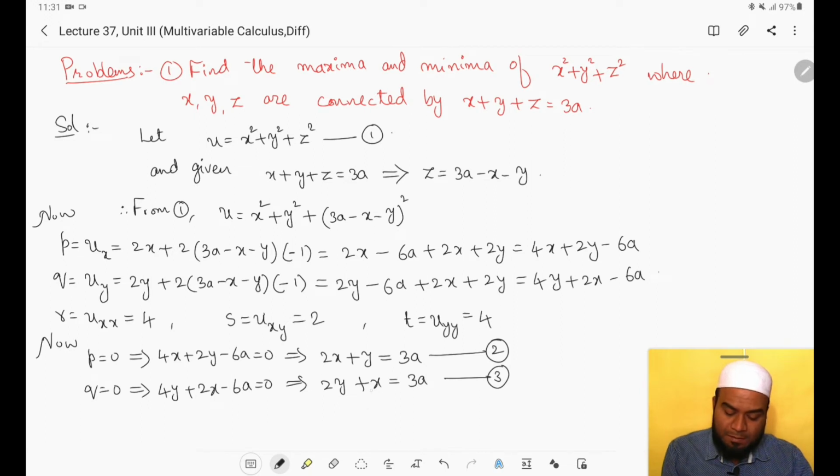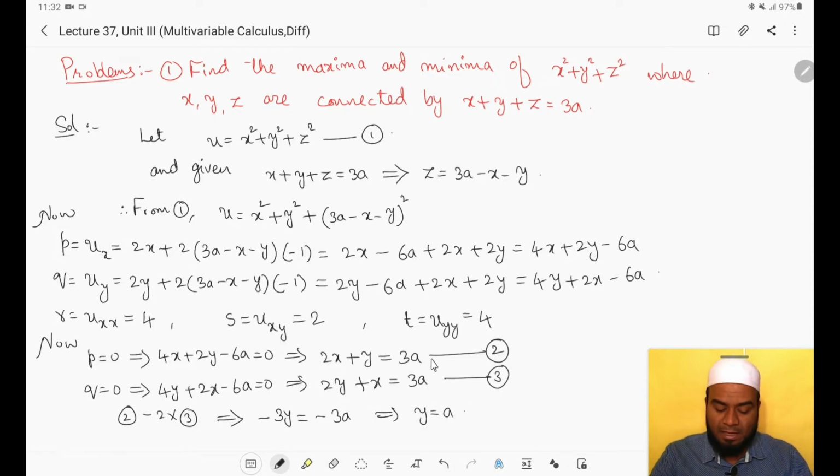What we are going to do is multiply the third equation with 2 and subtract that from 2, that is 2 minus 2 into 3. So this implies what will happen here, this 2x and this minus 2x will get cancelled. Here what will remain, y minus 4y, which is nothing but minus 3y, and here 3a minus 6a, it will become 3a into 2 is 6a, 3a minus 6a is nothing but minus 3a. So what we will get, y equals to a we will get.